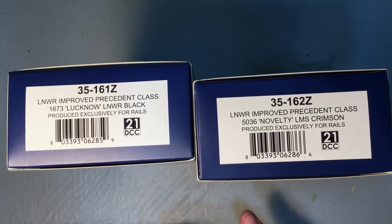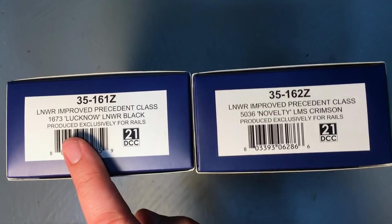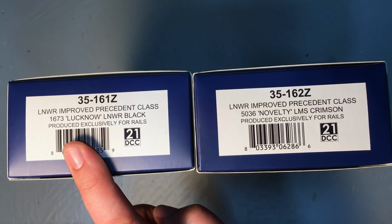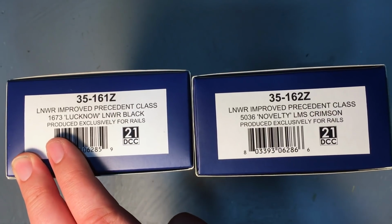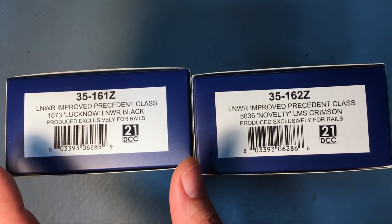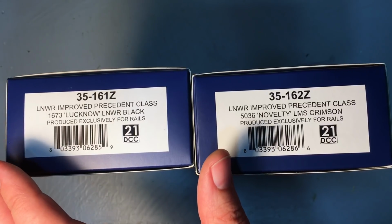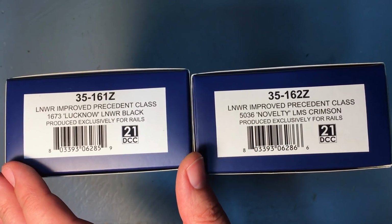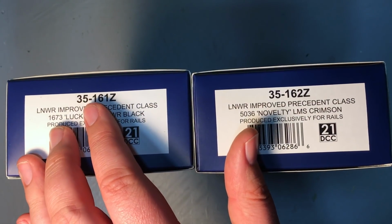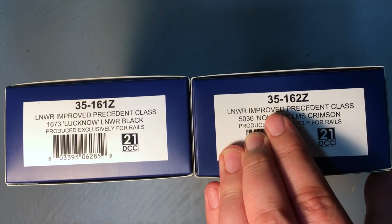The Rails of Sheffield trio, of which I have 2 here, include a service London and North Western Railway livery as Lucknow number 1673, and this is the locomotive as it would have appeared right back during the actual ownership and frontline service with the London and North Western Railway. Catalogue number 35-161Z. Over here we have catalogue number